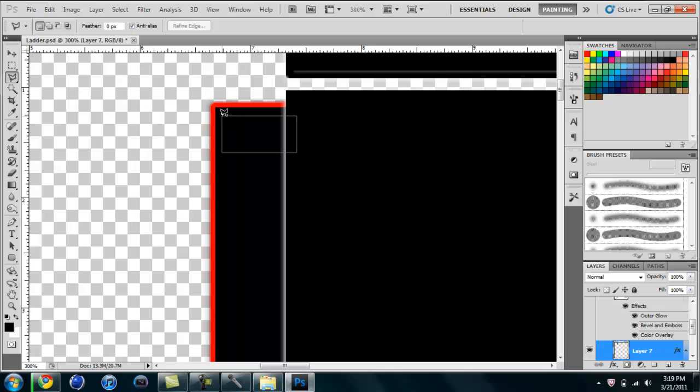Perfect. So you don't want it to round around any of the edges, you want it to be kind of sharp. And you're just going to press backspace. And you're going to want to